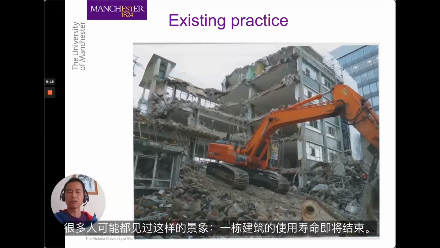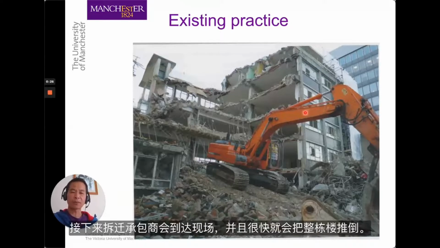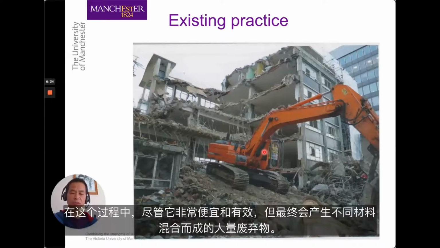So many of you probably have seen such an image before. A building has come to the end of its service life. Then what happens? Then the demolition contractors will come on site and then very quickly they will pull down the whole building. In this process, even though it is very cheap and efficient, they end up